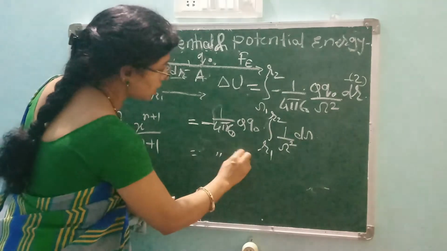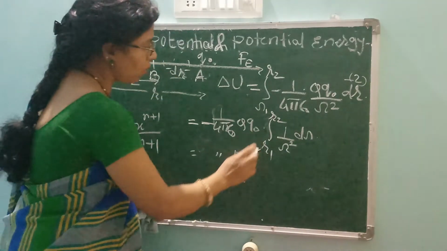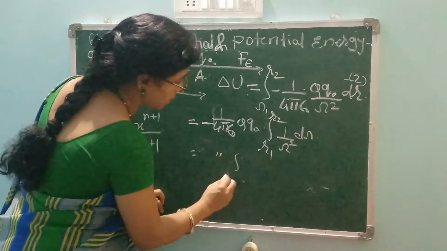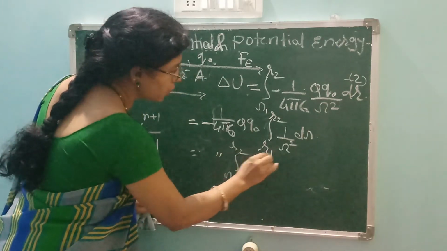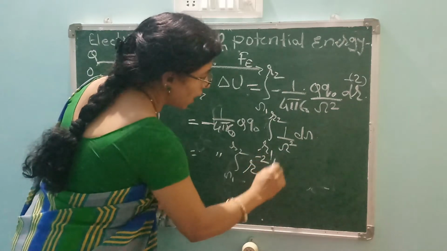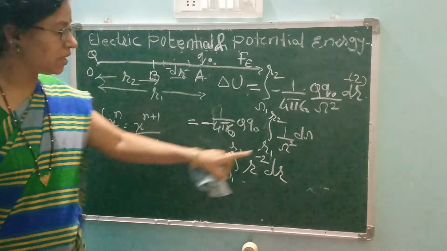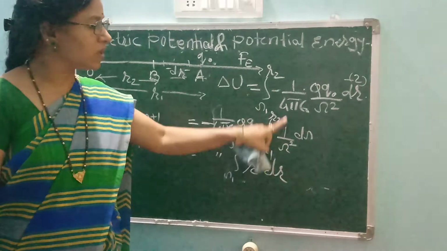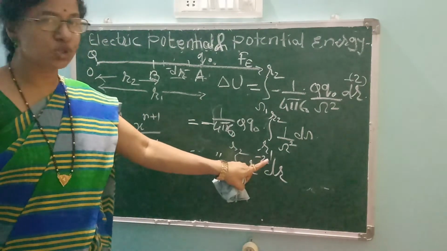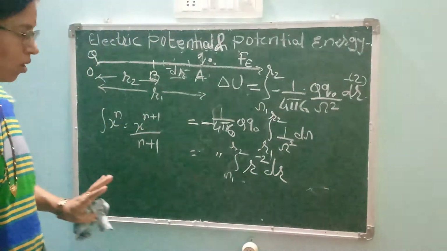हम लोग इंटीग्रेशन करने के बाद में हमको क्या मिल रहा है. Okay, again we will add here one step. This will be r1 to r2, and this will be r to the power minus 2 and dr. ये क्या है, नीचे r स्क्वायर है, वो ऊपर जाने के बाद में क्या हो रहा है, इनवर्स के फॉर्म में r minus 2 dr. Okay, all of you got it.